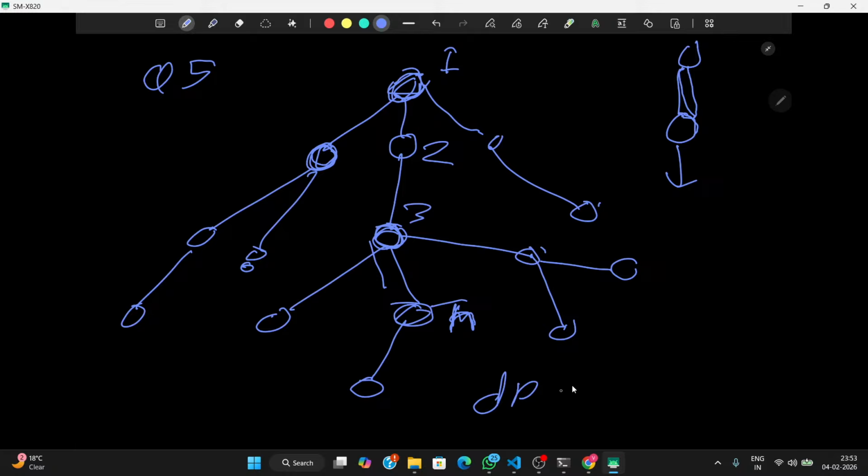For this, we will store a DP where DP of any vertex will store the number of ways of coming down to it and then heading forward, somehow coming to it in one time or in two times and then heading forward. In how many ways can we do this? That will be our DP. So for one, the DP will be simply this subtree size,